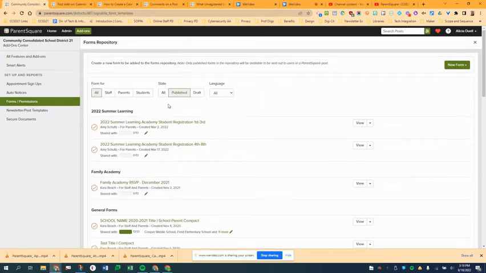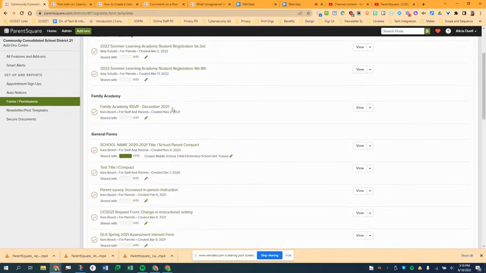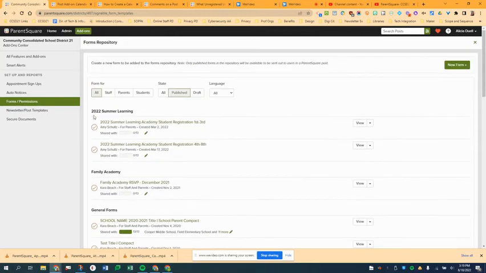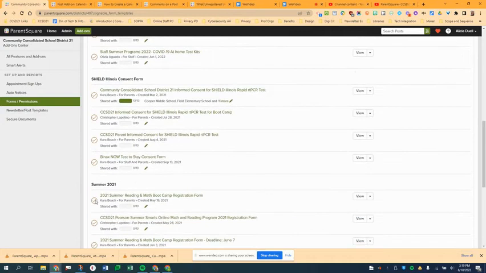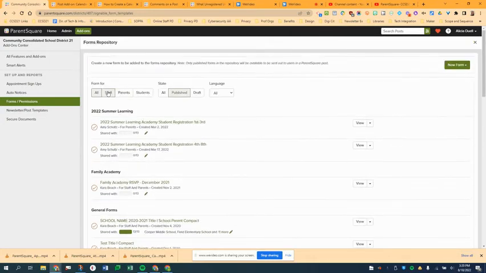So it's a form permission slip. And here, again, depending on your role, you may or may not see forms in here, but there's a bunch of forms with different kind of headings of the form type. And you can even sort by forms that are just for staff, parents, students, even forms that might have been published in different languages. But if I want to create a new form,